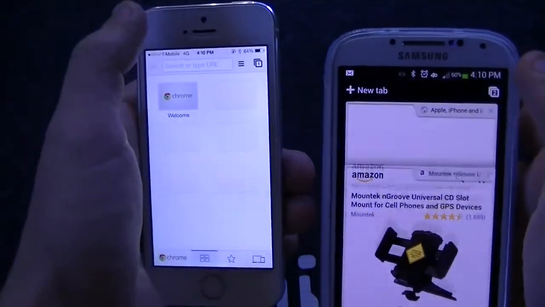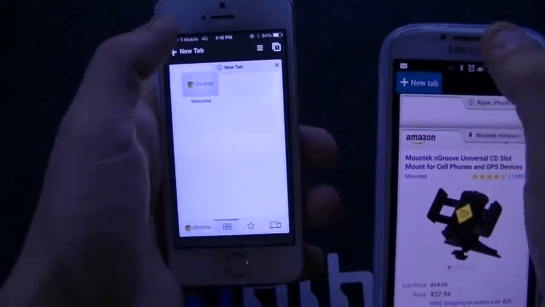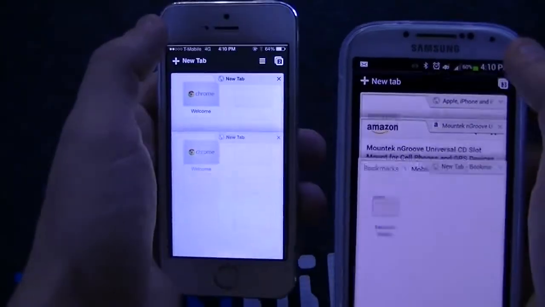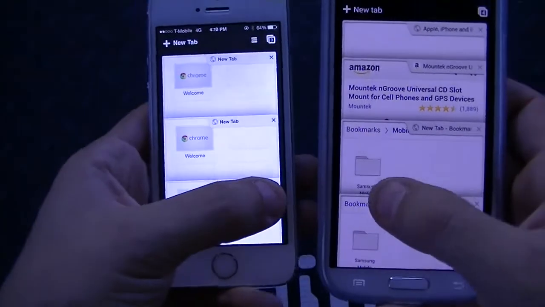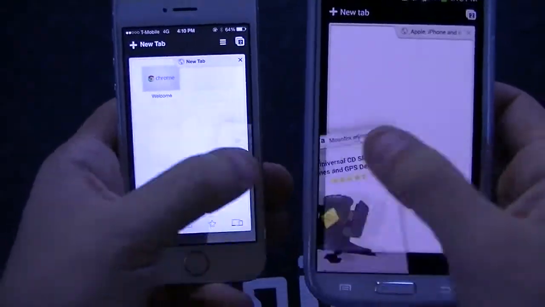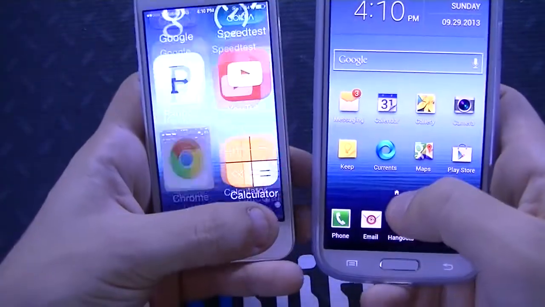On iOS in particular, you can see the various tabs. They're the same. So you can add a tab. Obviously, you got incognito tabs as well. And you got various different reader modes. Right? You can see they're both very similar. So you can just swipe them away. Okay. So Chrome is very similar to one another.